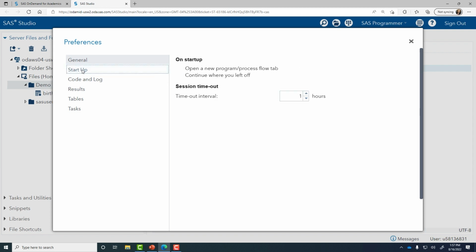I'll go to the Startup menu, which tells us the default timeout interval. SAS Studio is cloud software, so it will time out after the timeout interval has elapsed. I'm going to increase this timeout interval to 3 hours, and I think that is the maximum here.